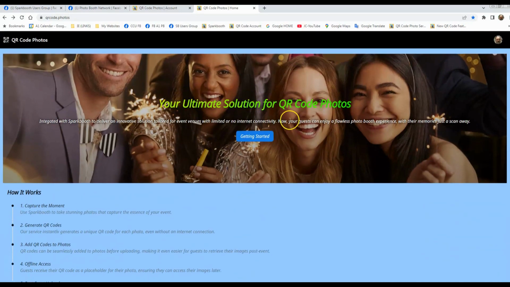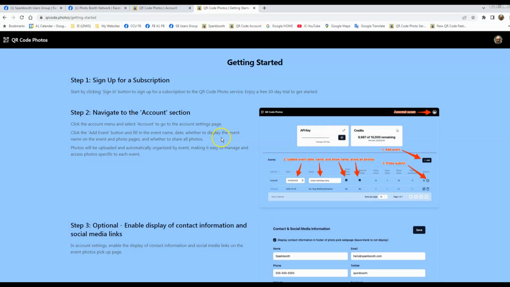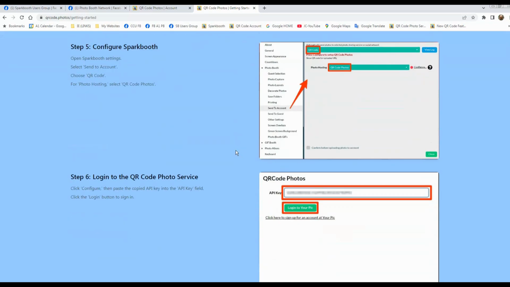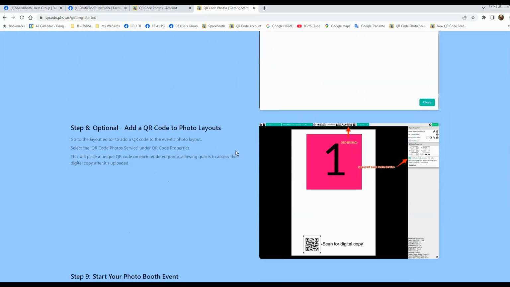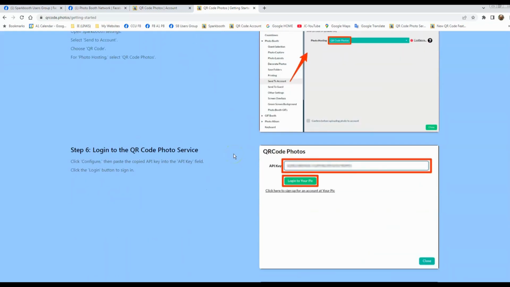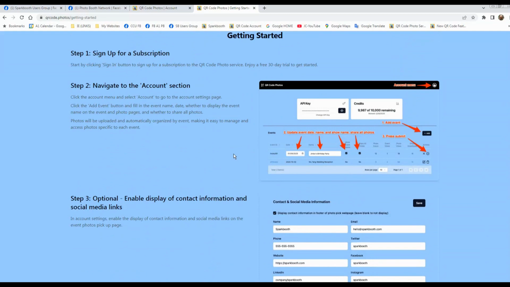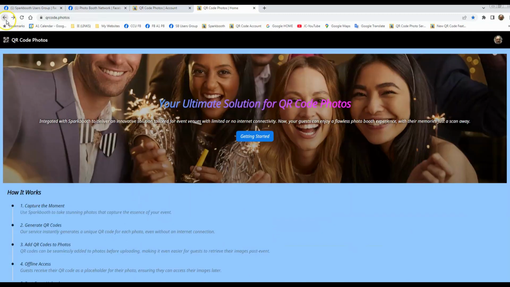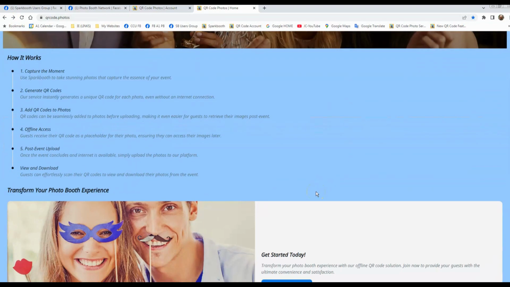You click on Getting Started. It has a lot more information, step by step, setting everything all up. Okay? And I'm going to show you how this is all done. Basically, you first need to get an account. And in order to get an account, you need to go to the main page here, and you go to